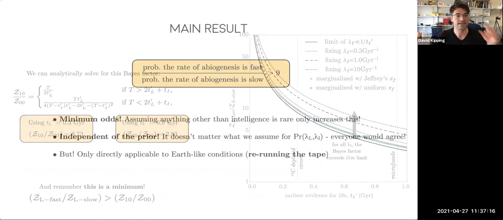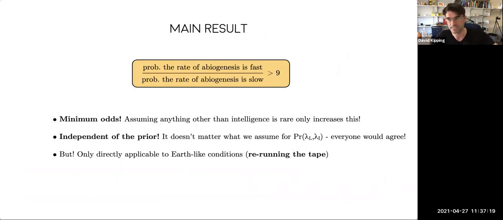And the one thing I really want to emphasize as a cautionary tale with this, look at that bottom bullet point. I'm not talking about Gliese 581g. I'm not talking about Proxima Centauri b. I can't apply this to any other planet except for the Earth, because I don't know that Proxima Centauri b is anything like the Earth whatsoever. This only applies to rerunning Earth's tape. Now, if you really do feel like you've got a planet that is exactly the same as the Earth, then go ahead and you can use this. But this is where the rare Earth hypothesis can come in. We just don't know really how often those Earth-like conditions prevail in the universe.